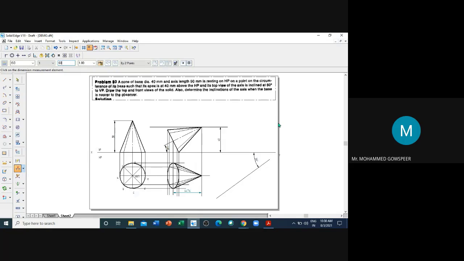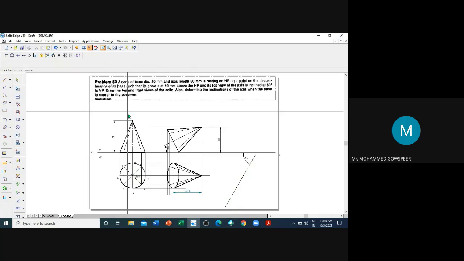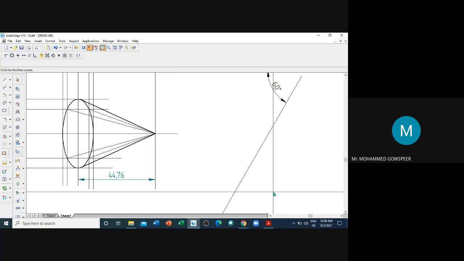So type 60 degree. Since it is given top view, no need to draw the locus. You just directly copy this cone, top view of the cone, and place it here.